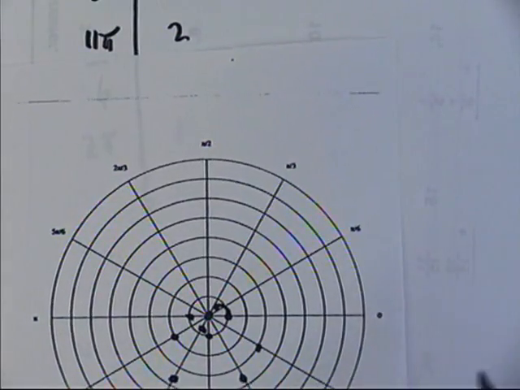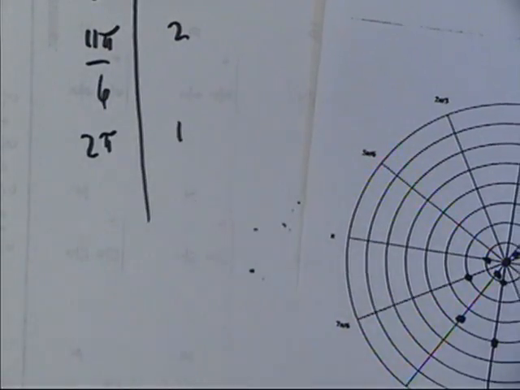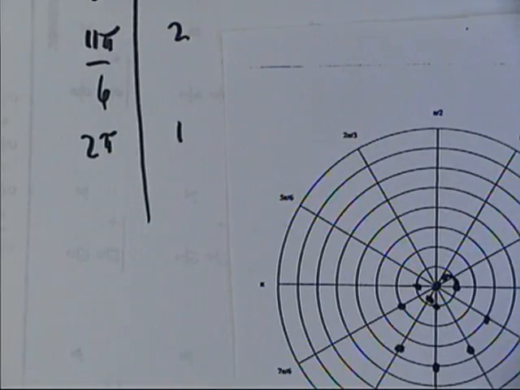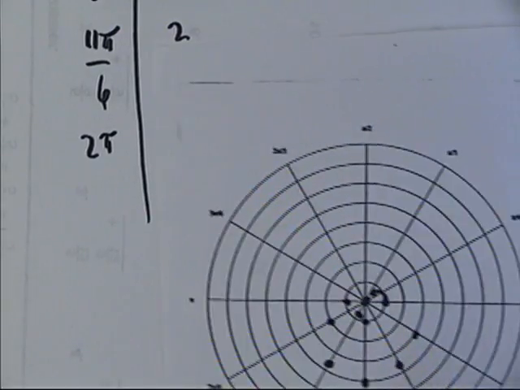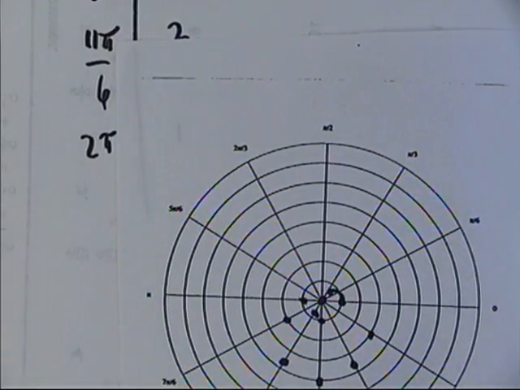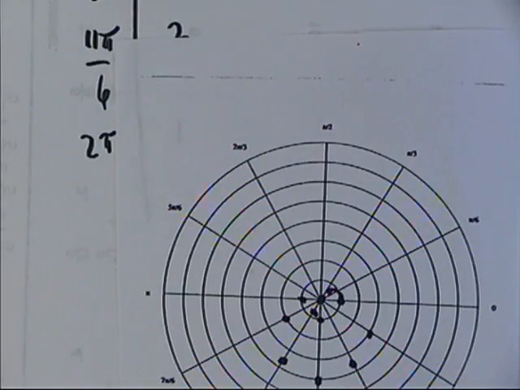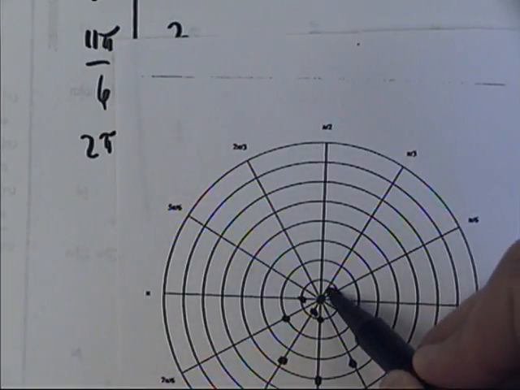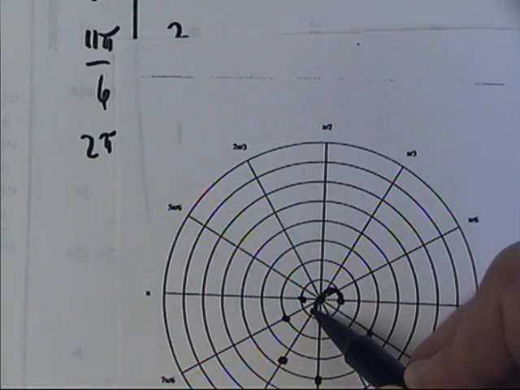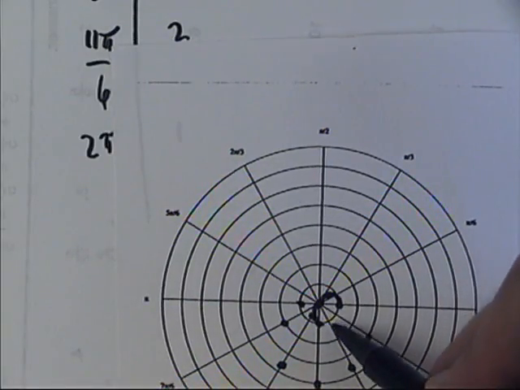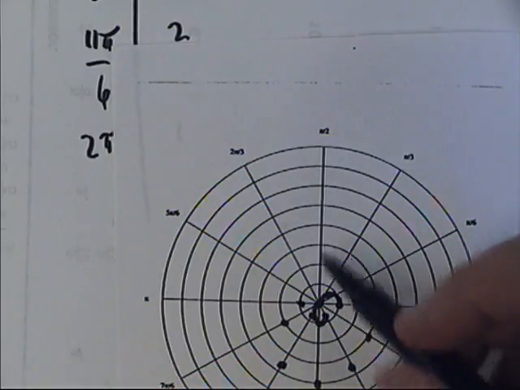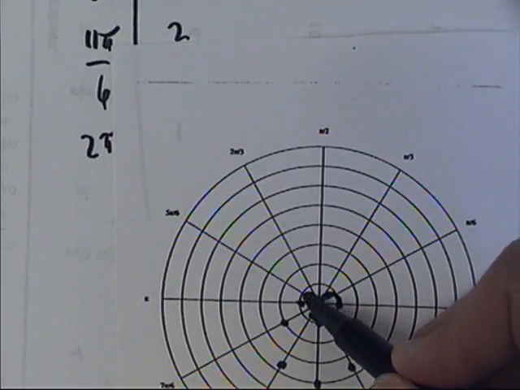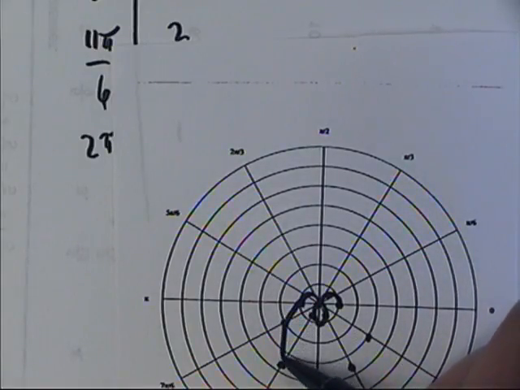Okay, I feel like I'm missing one. Pi over 3 is 1. Okay. So 0, 0, 0. Okay. Oh yeah, we went first from 1 to 0, and then from 0 to here, and then a negative 1. Oh yeah, I missed this one right here at 2 pi over 3, and the negative 1, or negative 0.73, would be there. And then I went back to here, and then I went over here, and then I went around like this,